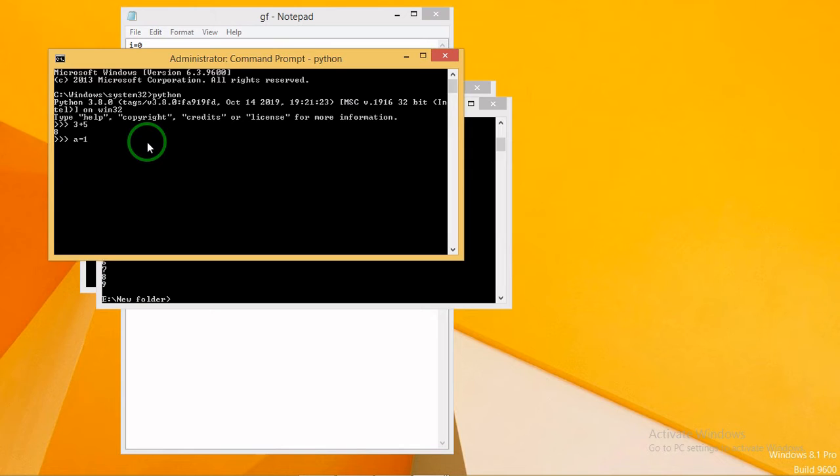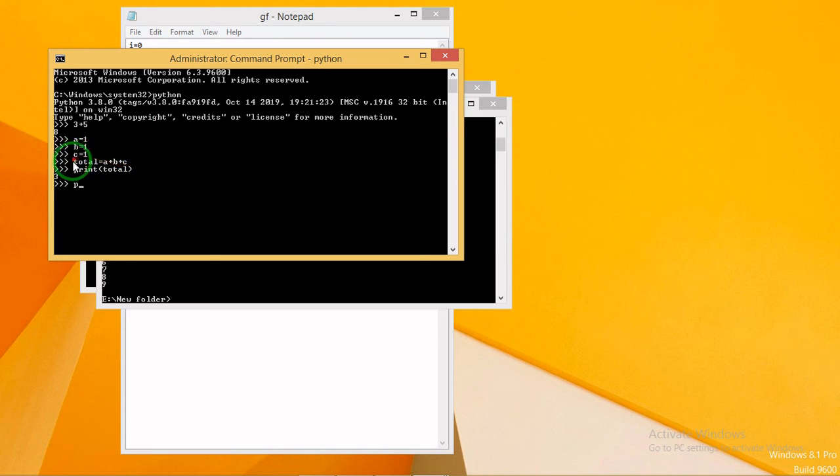If my value a equals 1, b equals 1, and c equals 1, I can make the calculation a single statement, like total equals a plus b plus c. Now I print the total. It shows me 3.